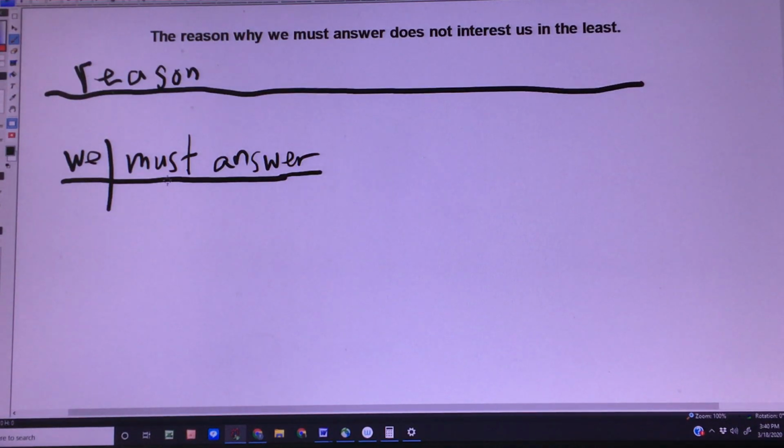So that means we have the why acting adverbially, and this is a relative adverb. So we draw a dotted line back to the noun the relative clause modifies. So the reason why we must answer